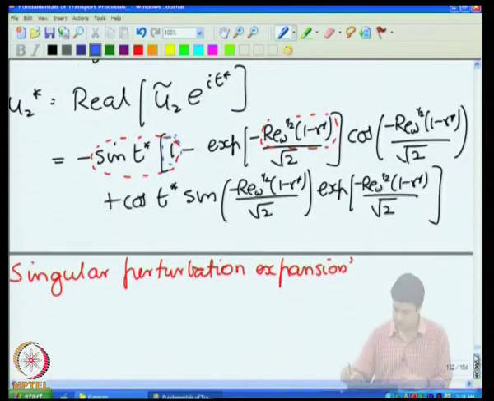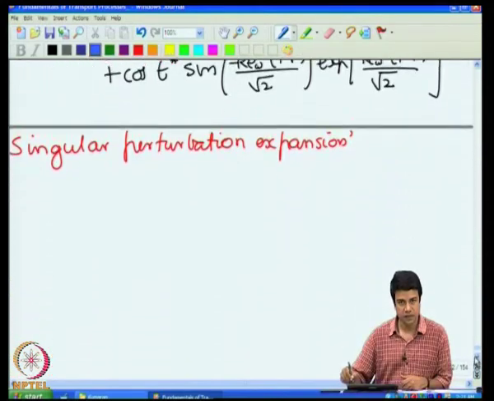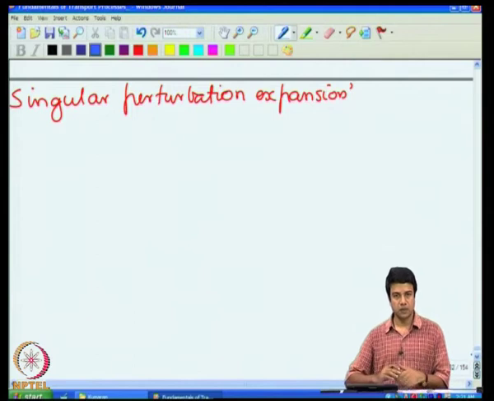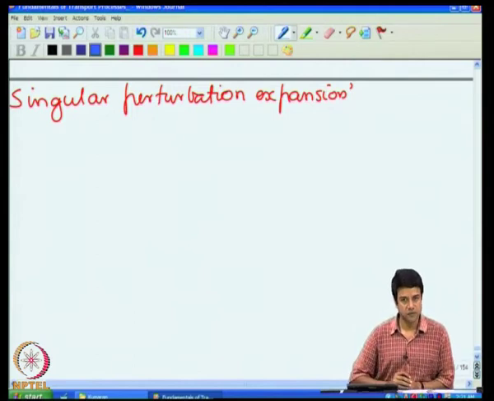This I showed you as an example of singular perturbation expansions. When the ratio of convection to diffusion, or inertia to viscosity, is large, simplistically one would think one can just neglect diffusion altogether and proceed. However, even though convection is large compared to diffusion within the bulk of the flow, when one comes very close to the surface,